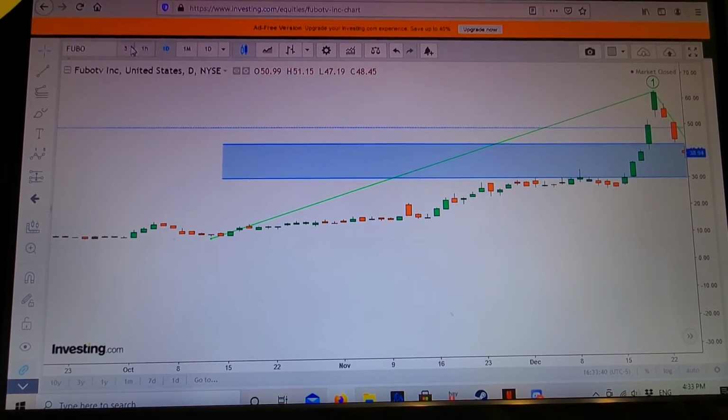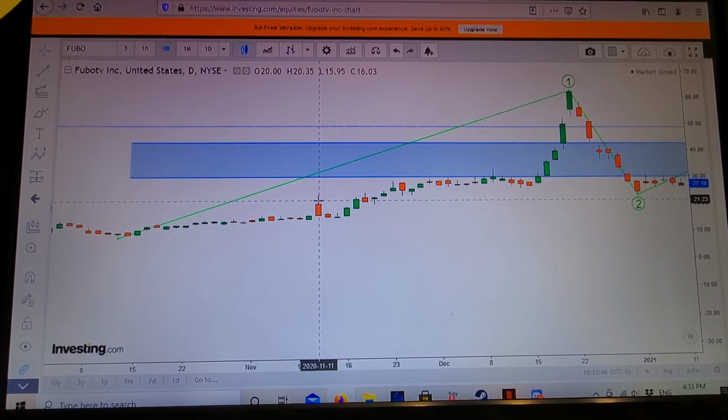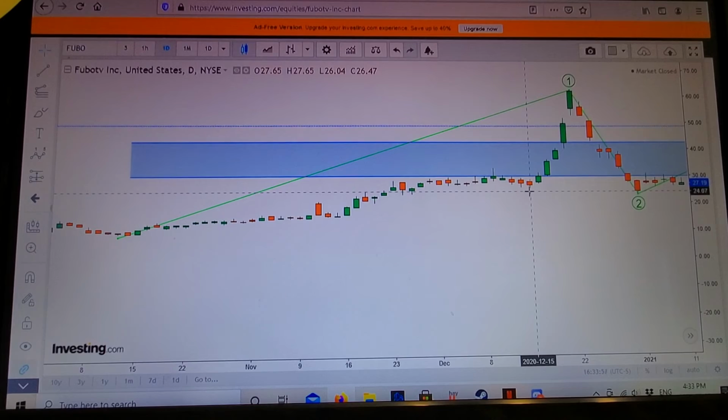Like this, you can go to the 5-minute chart and really zoom in, but just with a loose look, you can see 1, we had a spike to the top here. 2 maybe was this down to the bottom here. 3 was this longer run up to here. 4 maybe would be down to here, let's say, and 5 up here.